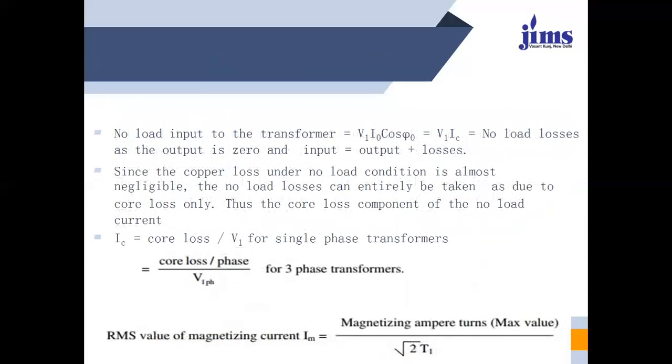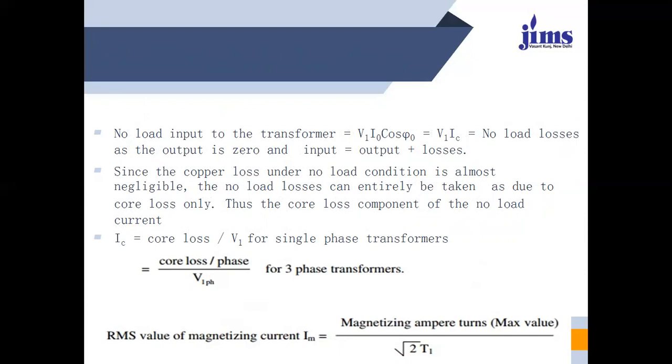The no-load input to the transformer comes out as V1 I0 cos φ0, equal to V1 Ic, equal to the no-load losses, as the output is 0, so input equals output plus losses. Since the copper loss under no-load condition is almost negligible, because the no-load current is very low, the no-load losses can entirely be taken as due to core loss only. Thus, the core loss component of the no-load current Ic is equal to core loss upon V1